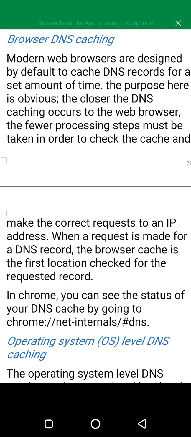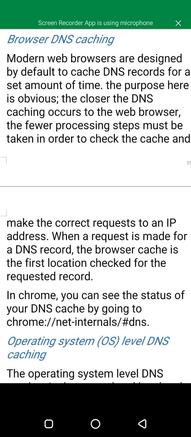The closer the DNS caching occurs to the web browser, the fewer processing steps must be taken in order to check the cache and make the correct request to an IP address. When a request is made for a DNS record, the browser cache is the first location checked for the requested record.